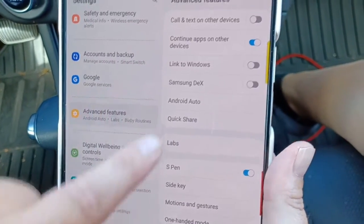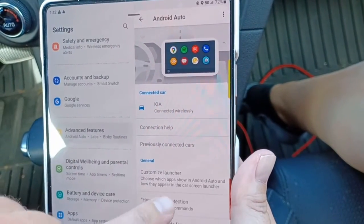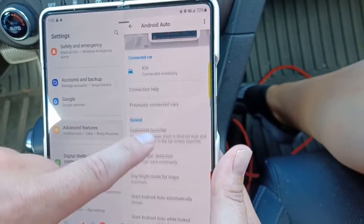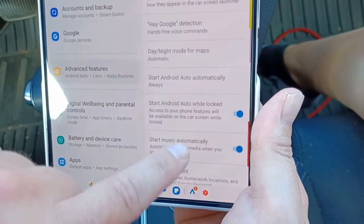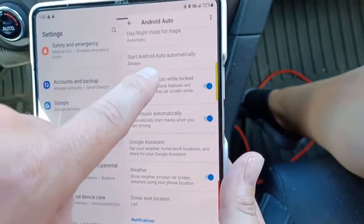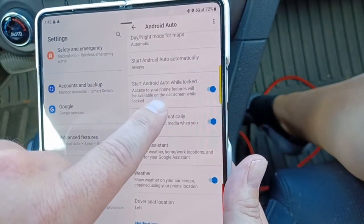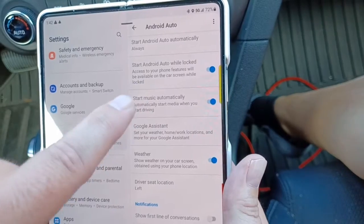So you just click on that, and here's Android Auto. If you're not sure on this, you could just search Android Auto in the settings, and this will pop up. But then there's a couple of features that you need to have set up appropriately. You need to start Android Auto automatically, have that set to always. Android Auto while locked, so you want it to start every time you get into the car, even if your